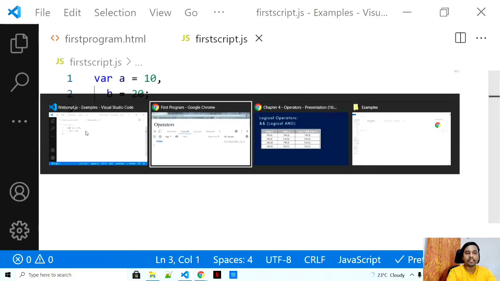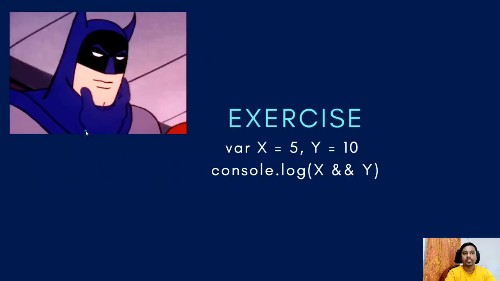I'll quickly give you an example. Think over it and let me know what do you think the answer would be. Okay, pause for a moment, think over it, and then just play it to know the answer. The answer to this program is quite interesting. Okay, here I'm not checking any conditions, right? There are no conditions. I'm just printing 5 and 10. So your program behaves something like this.